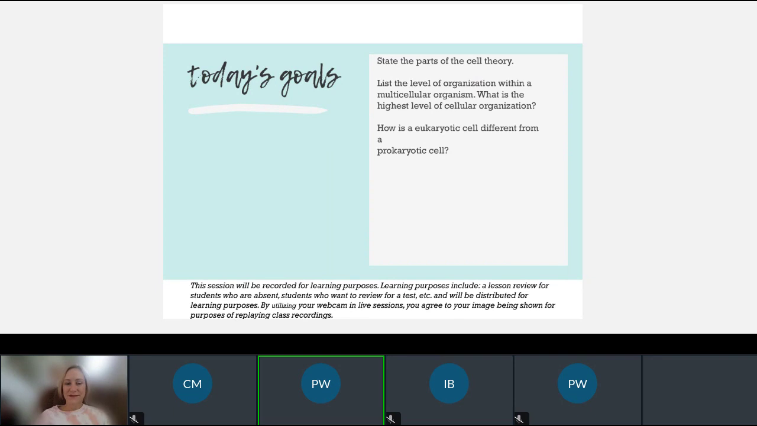What was the question you asked? Sorry, I didn't hear you. If I asked you right now what the cell theory is, could you tell me? And if you could tell me, would you be brave enough to type it in chat? To be honest,